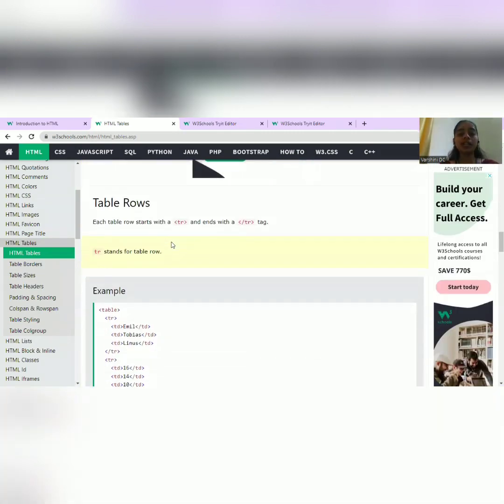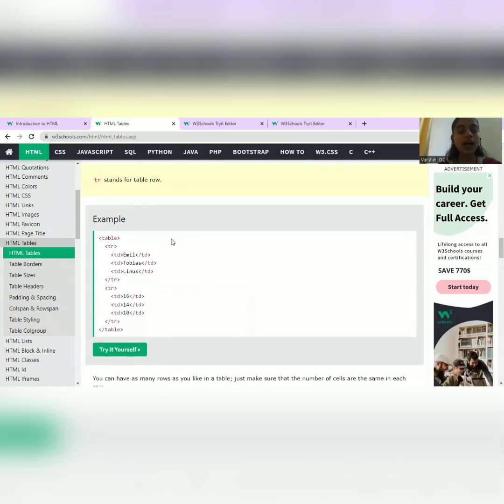Next, coming to the table rows, that is TR. Each table row will start with a TR and it should end with a closing tag, that is forward slash TR. So TR stands for table row. As you can see, we are taking the same example as the previous example we took for table data: Emil, Tobias and Linus. We have given some numbers. Suppose if we try this code,